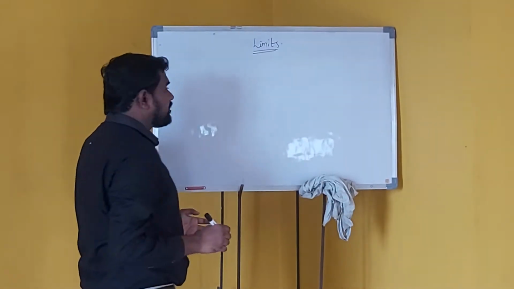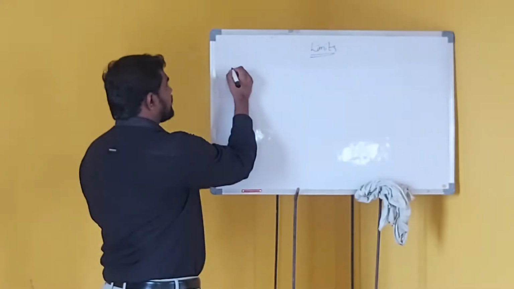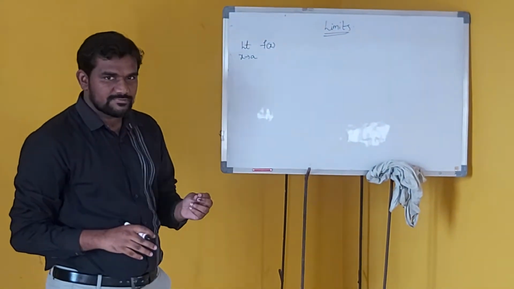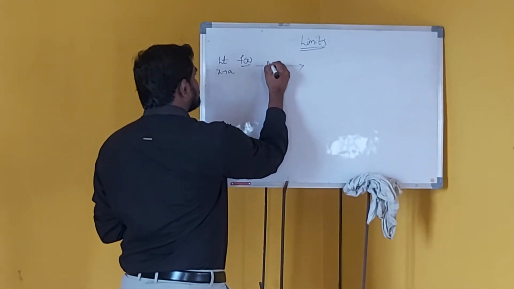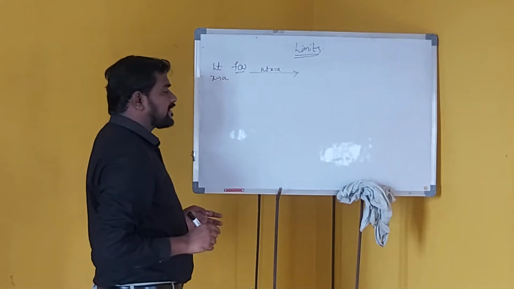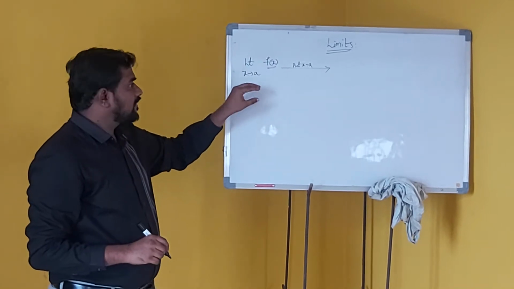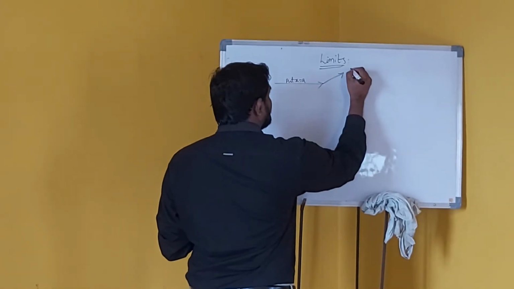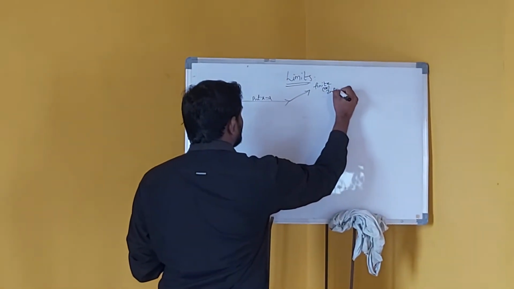In limits questions, when you don't have a piecewise function in the expression, you just have a function f of x. So today we are going to see functions that are not piecewise functions. So what to do now? Simply put x equal to the value it is tending to in the given expression. If the function is not a piecewise function, then simply put x equals a in the function. There is a possibility of getting a finite value or an infinite value.